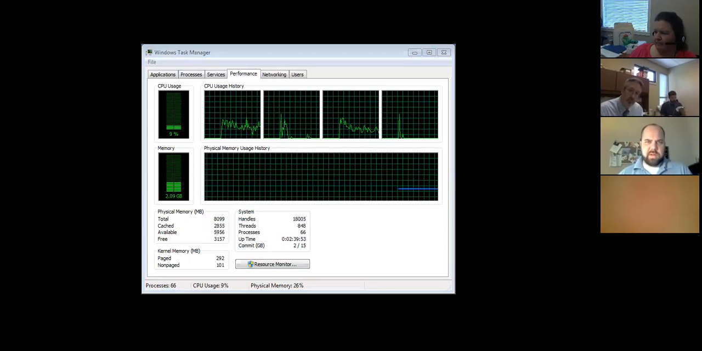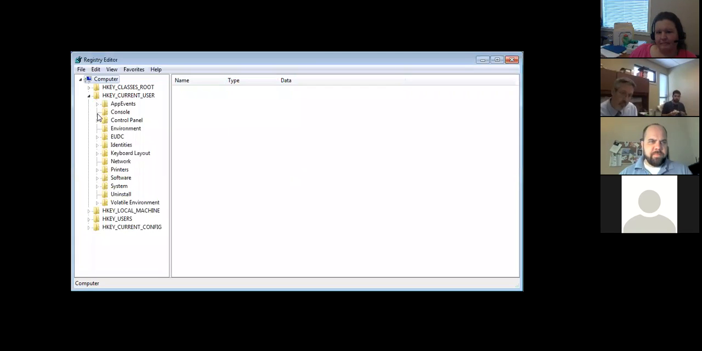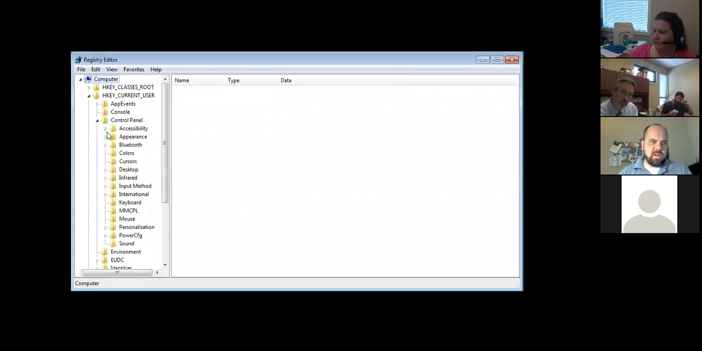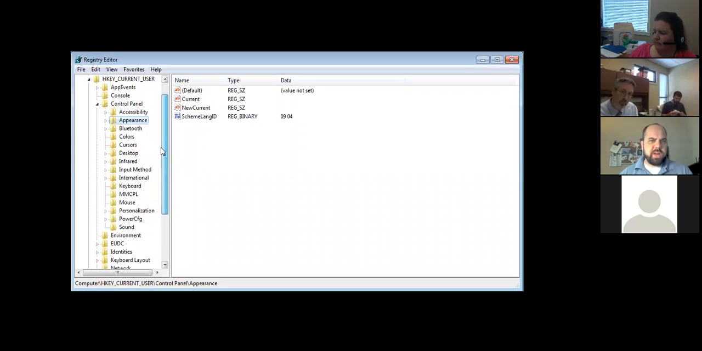Registry, let's look at registry for a moment. Pull up regedit. This is the only real way to edit the registry. Make sure I'm sharing that screen. Okay, so the registry is basically a long directory that makes